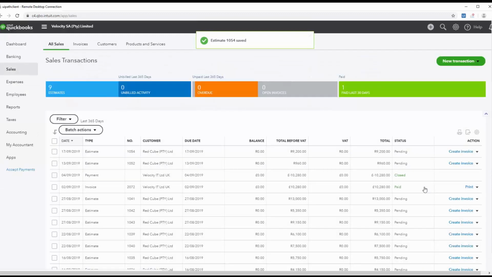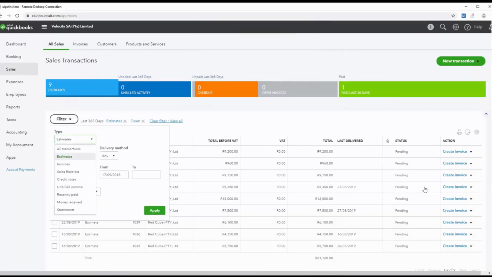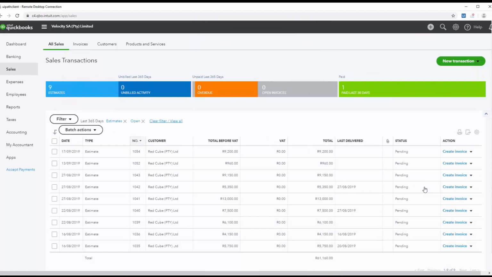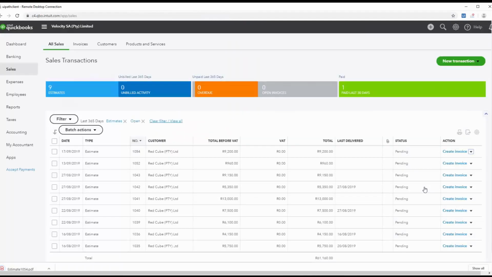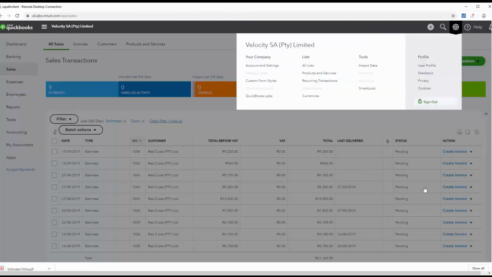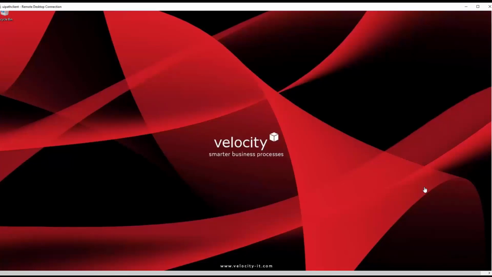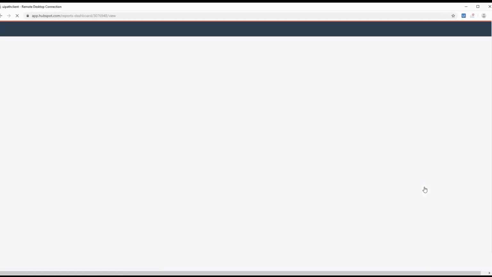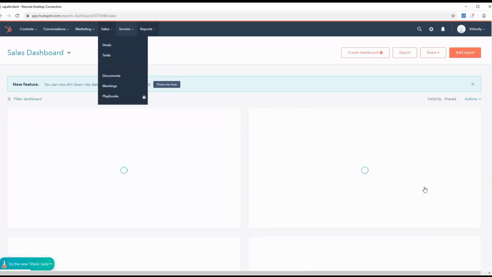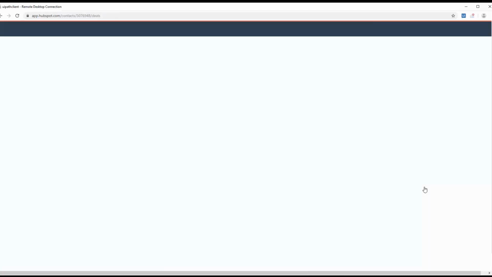Save the estimate. It will now go off, locate the estimate again, search for it, and then download the physical document for us and save it back to our backend portal, so that the salesperson can open it from there as well. Once it's done, it will log out. It will then move over to logging into our HubSpot CRM system, where it will then create a new deal for us as well. So it will go and navigate to the deals page,